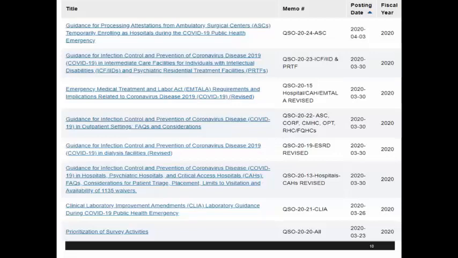For example, one of the important ones is, today we're going to talk about CRNAs, and except in 17 states, they need to be supervised by the surgeon or by an anesthesiologist. That is one of the 1135 waivers. The reason why we call them 1135 waivers is they waive Section 1135 of the Social Security Administration Act. But for now, CRNAs during this COVID-19 pandemic do not have to be supervised by anyone in any state with